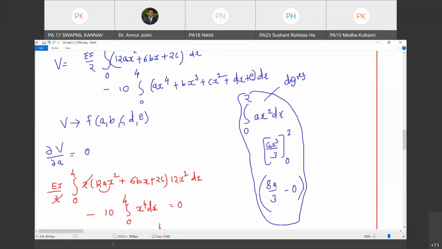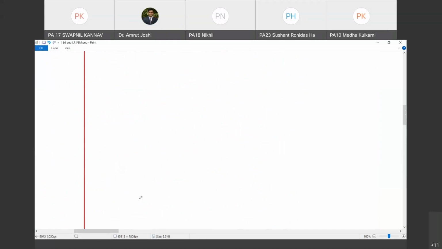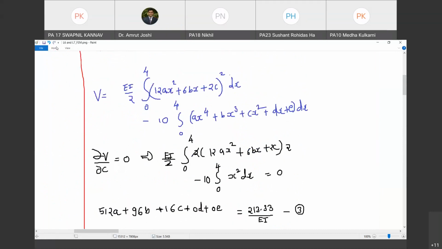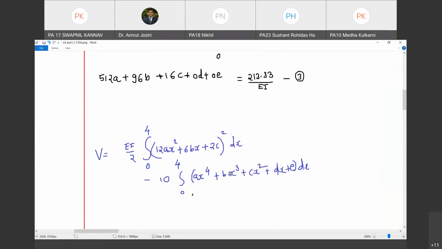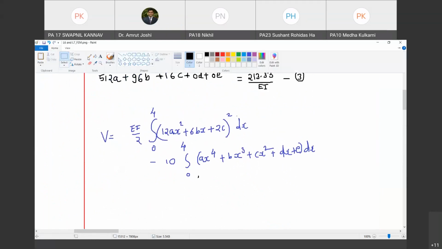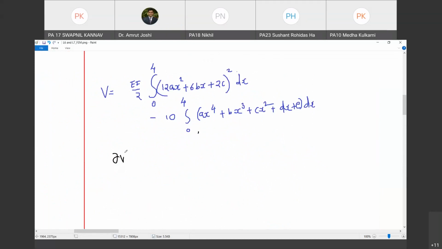Now let us work for D and E. So how are we going to obtain the values for D and E? We are going to now differentiate V with reference to D. So let me borrow this expression. Dou V by dou D has to be equal to 0. This implies, chalo, look at the first term. First term doesn't involve D. So therefore, there is going to be nothing in the first term. Do you agree with me? There is no D involved at all. So therefore, first term involves nothing.